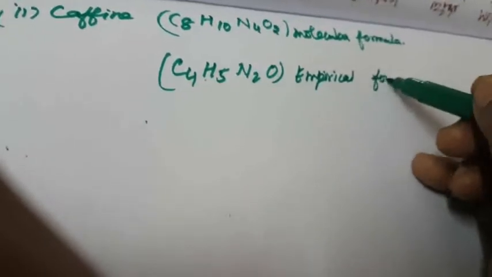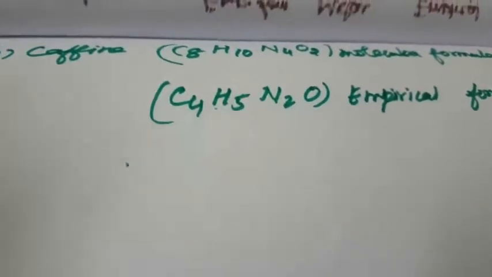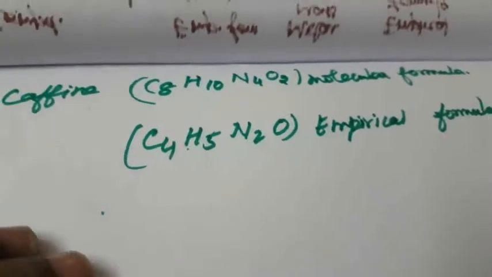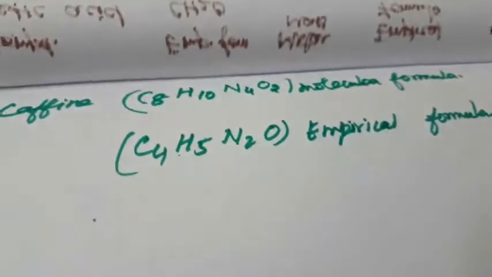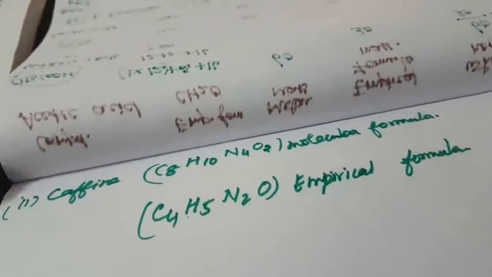Empirical formula. This is the one book back question. Suppose the empirical formula is given, you can calculate the whole number n. Suppose the molecular formula is given, the number by which you commonly divide is called the empirical formula. Next we are going to see how to calculate the molecular mass in one problem.